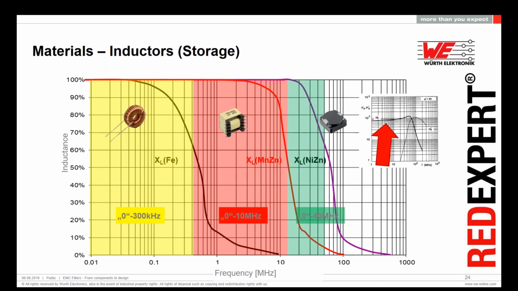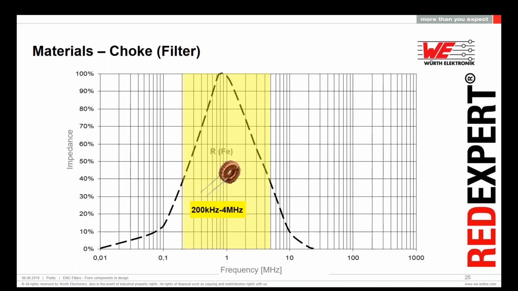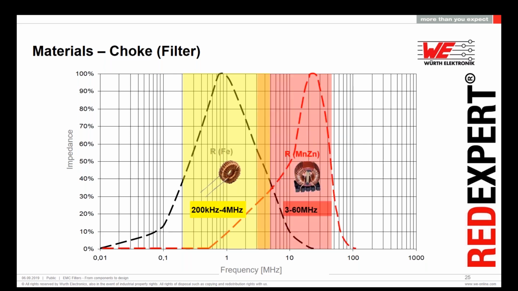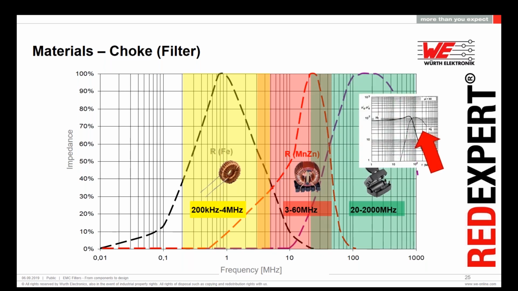In this case, what we are representing is the mu prime, so the real part of the permeability. On the other side, if we start talking about chokes and not inductors, power inductors, you will be able to see that basically our curve is starting when the other was ending. So now we are showing the impedance, and the main parameter which is creating this impedance, in a lossy material, is the losses of the core. In this case, we have different materials with different losses, and these losses correspond to the imaginary part of the permeability of the core. Why am I saying that? What I'm telling you is